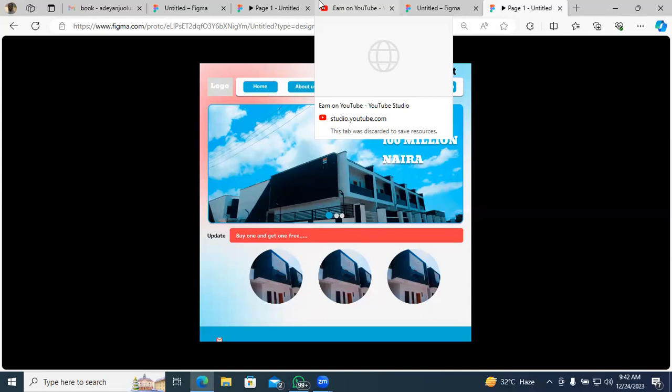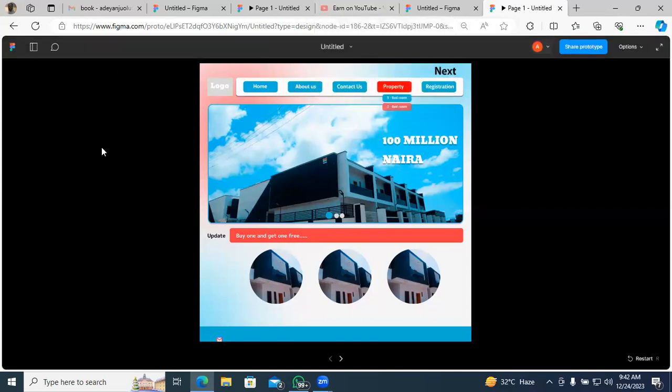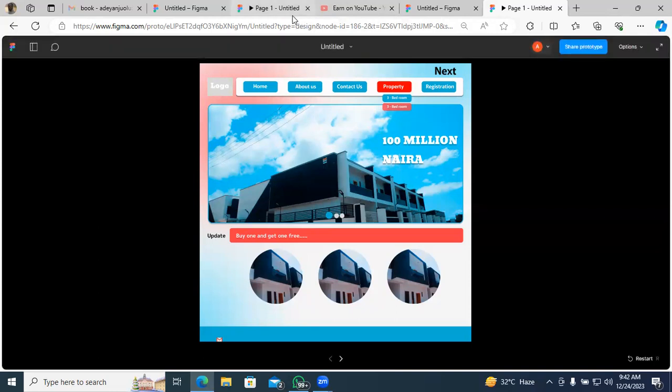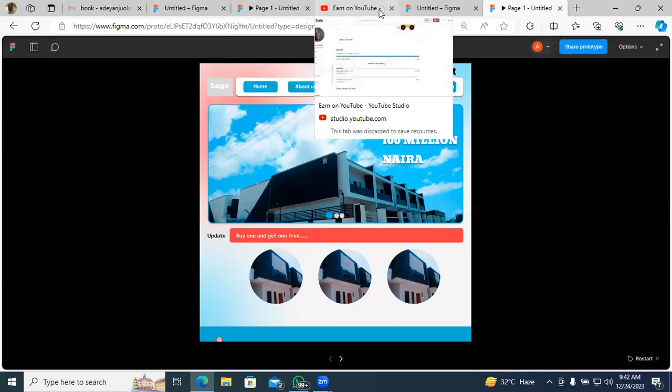Sir, please, I have one question. Yeah, good, go ahead. How do you do moving images that play on websites, the ones that actually move? How do you achieve that when you're designing?